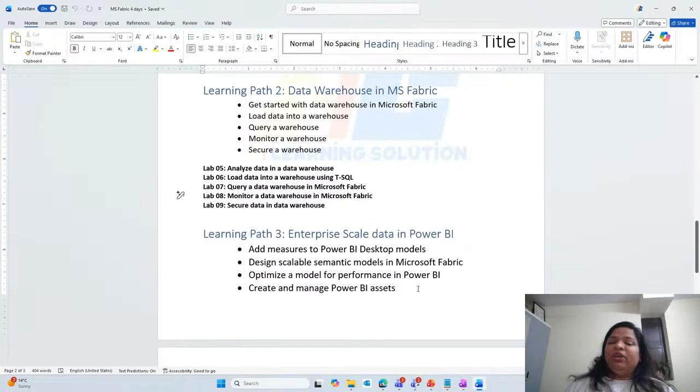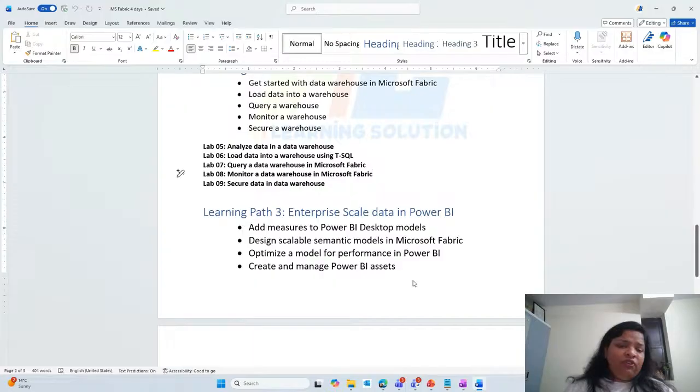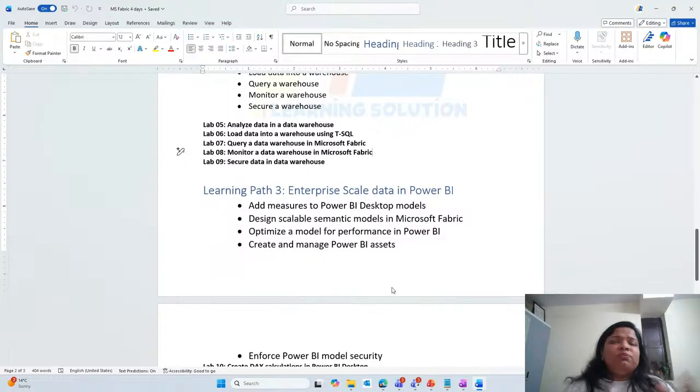Then, as I mentioned, this is a DP-600 certification program, I am highlighting if you want to learn. Under the analytical platform, Power BI is the tool using which we create the visualization, do the data analysis, and build the dashboards and reports. So how we can add measures using Power BI Desktop, and how we can deal with a scalable semantic model. What options are coming from Microsoft Fabric, with the help of the data lake concept, which we can bring to the Power BI platform.